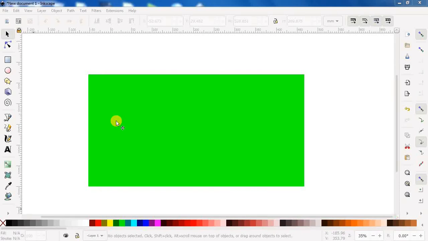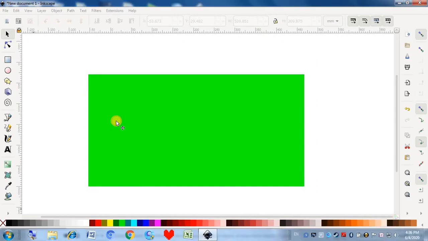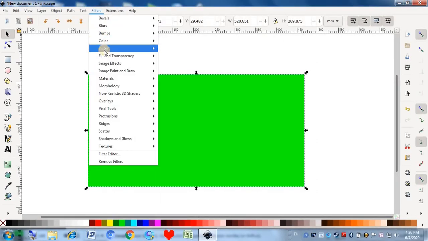Going to talk about part 8 of the Inkscape tutorial series. No intro, it's going to be short. Today I will talk about fill and transparency,